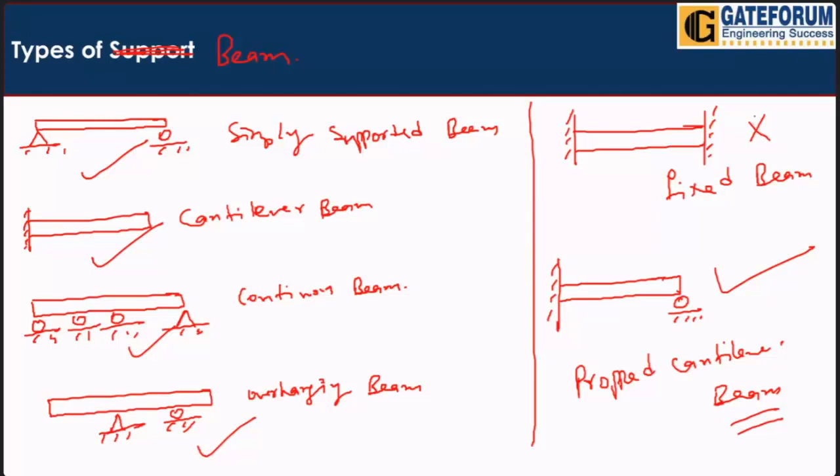So do not go for the fixed beam. I'm telling you, just go for simply supported beam, cantilever beam, continuous beam, overhanging beam, as well as propped cantilever beam here we have. Okay. Now we will go for the types of beam we have done, and now we will go for the